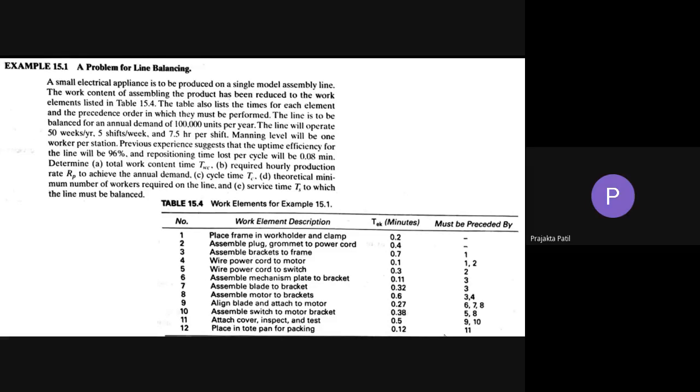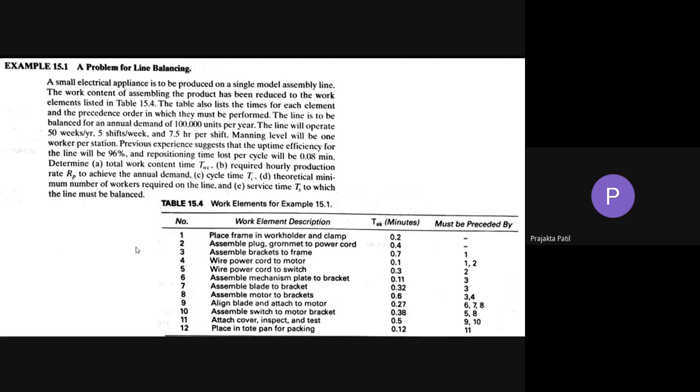Okay, I'll just read the problem statement first. This is a problem of line balancing. A small electrical appliance is to be produced on a single model assembly line. The work content of assembling the product has been reduced to work elements.